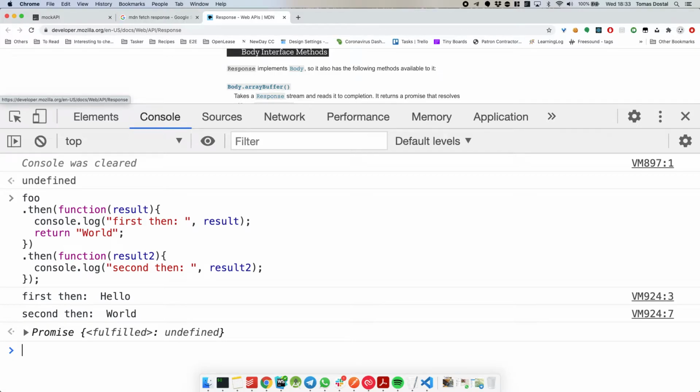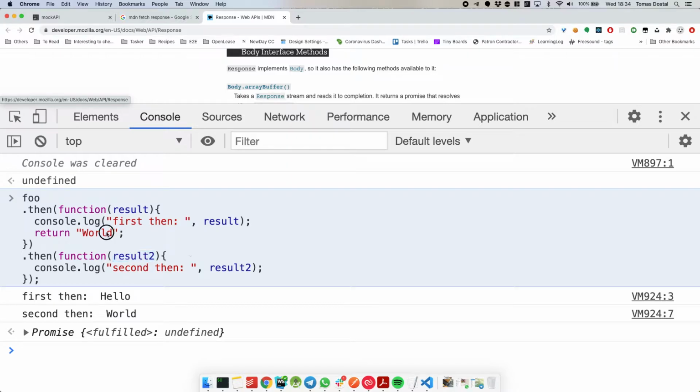Sense. It does take a lot of process. I mean, this is something that really takes a long time to understand, so don't worry if you don't understand it straight away. Basically the first one is returning the world value. And the second part is, how does it become the input, the world? Because when you return something from a successful callback on a promise, it will automatically be populated as a parameter for the next successful callback.